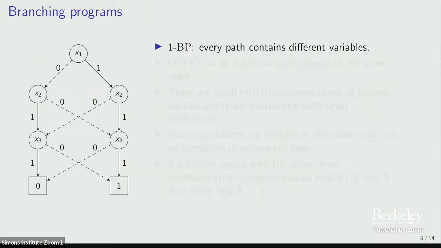Let's define the branching program. What is an advanced branching program? For our goal, a branching program is a way to represent a Boolean function. It's represented by a directed acyclic graph. Every vertex is labeled by a variable, and the two outgoing edges are labeled by 0 and by 1, and we have two sinks, a 0 sink and a 1 sink. To compute the value, we go from the source according to the values of the variables, and finally arrive at a sink. That is the value of the function.